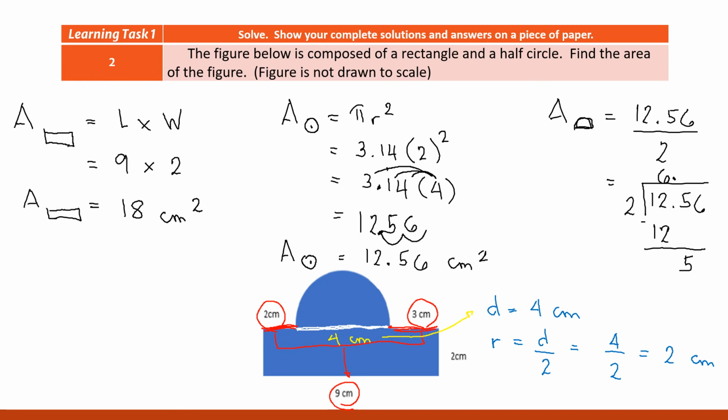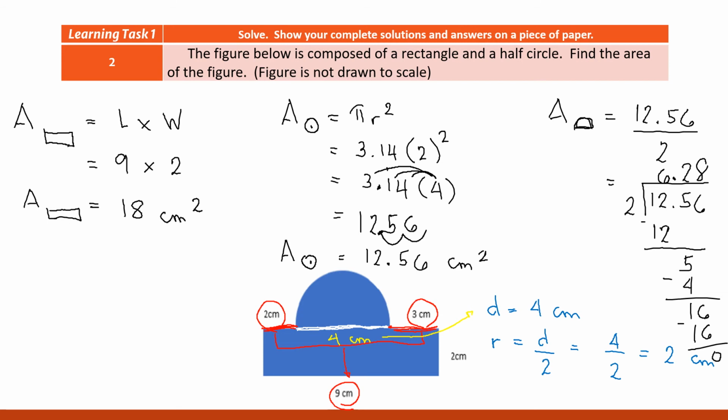5 divided by 2. The answer is 2. And 2 times 2. The answer is 4. Subtract 4 from 5. So, the answer is 1. And then bring down 6. So, it is 16. And 16 divided by 2, the answer is 8. And 8 times 2, the answer is 16. And subtract 16 from 16, of course, the difference is 0. Meaning to say, ang area of a semicircle is equivalent to 6.28